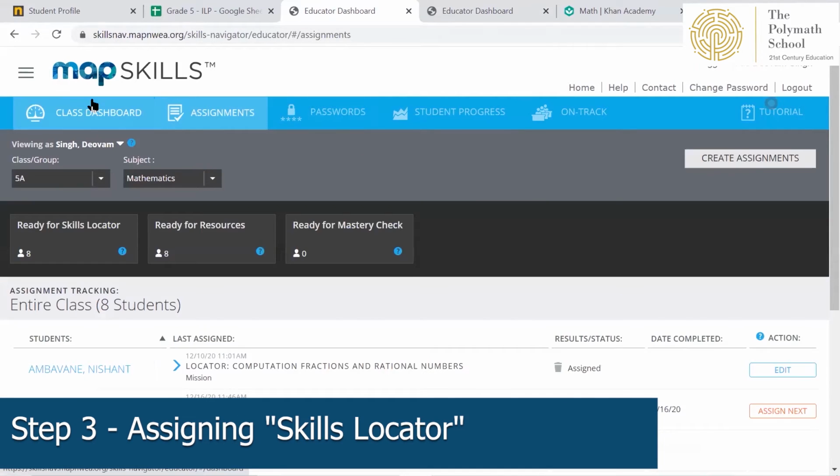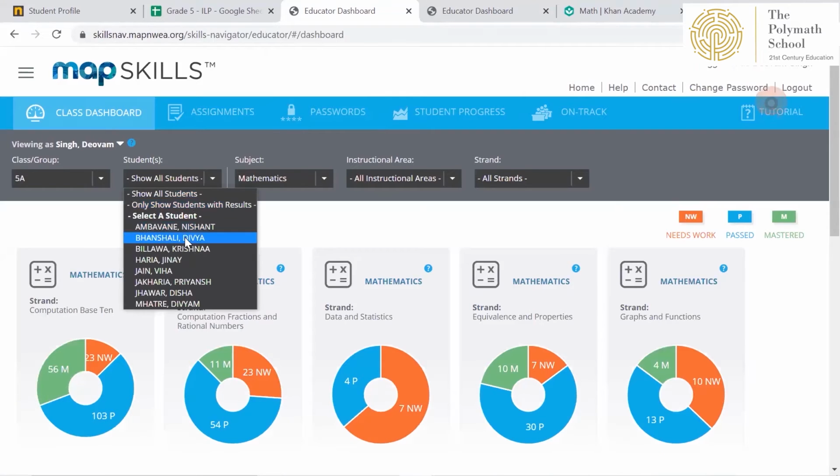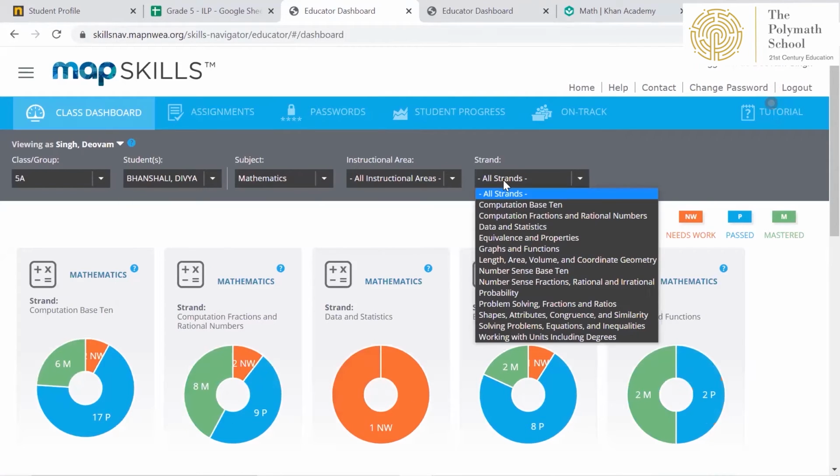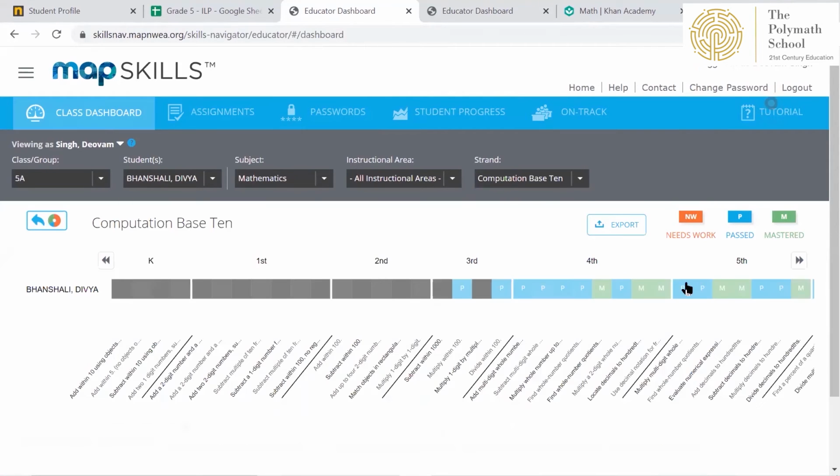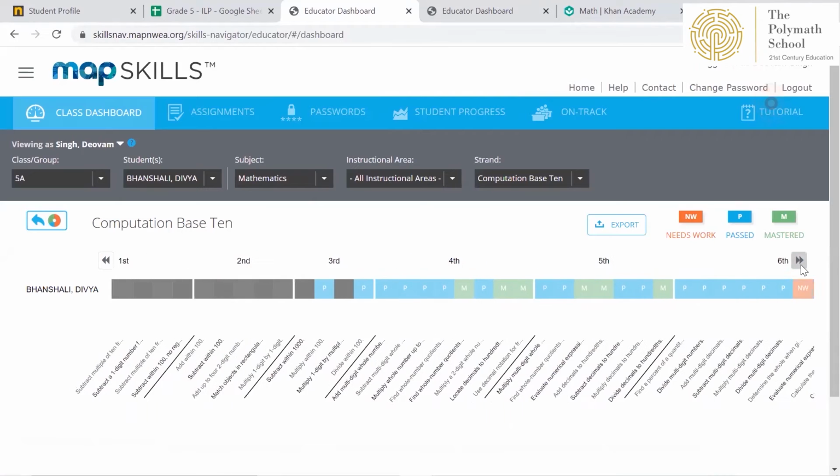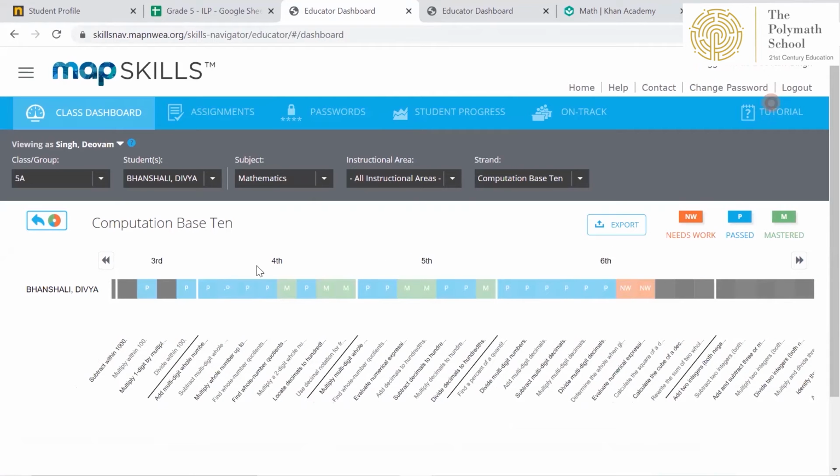It's able to pinpoint, for example, I'll show Divya in computation base 10, it provides this heat map wherein we can see P means past skills, M means mastered skills, and NW means need work skills. So we are able to pinpoint in this particular topic where Divya needs more attention and where we need to provide her support.